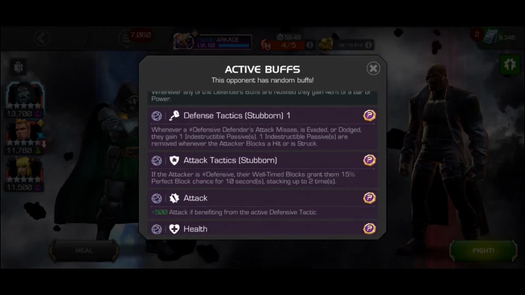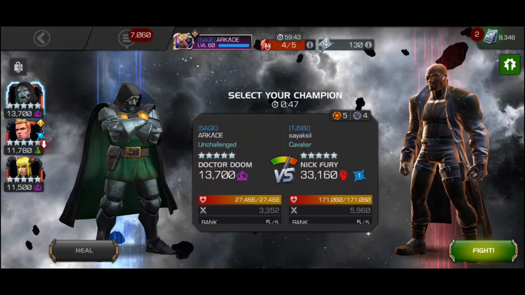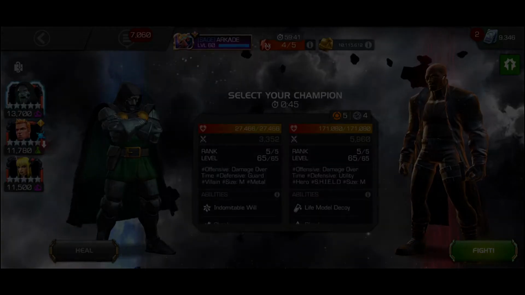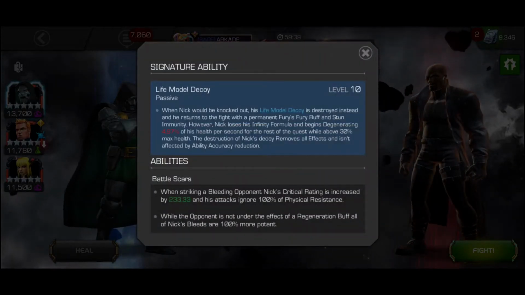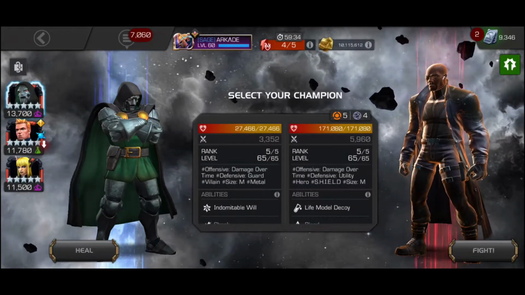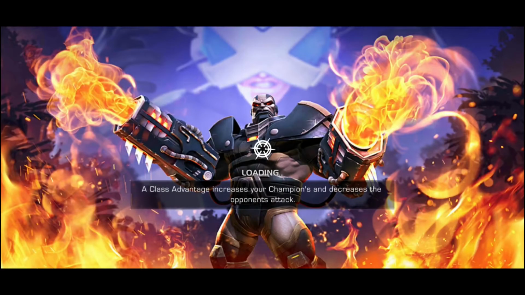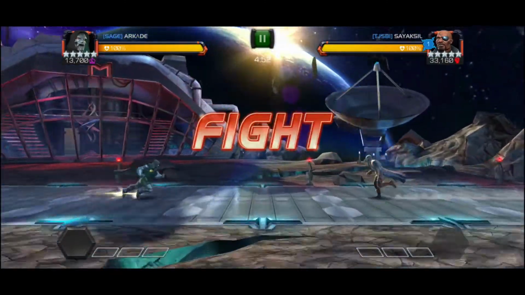So the enemy is running stubborn, and if you're not familiar with this node, what it does is every time you dex or evade an enemy's attack, they're going to be getting a passive indestructible buff. What this does is negates any kind of incoming damage, be it physical damage or damage from debuffs or even the recoil mastery. So what you want to do is take a blocked hit when the opponent has this indestructible buff active, and what that will do is it's going to remove this node and you can finally start dealing